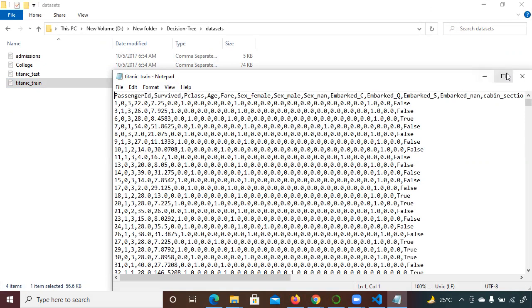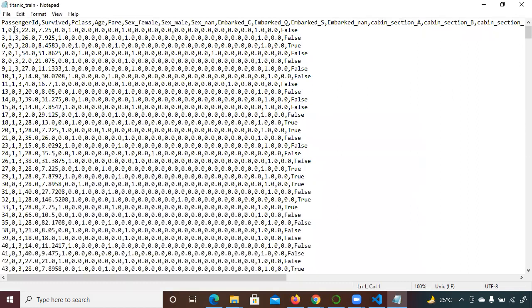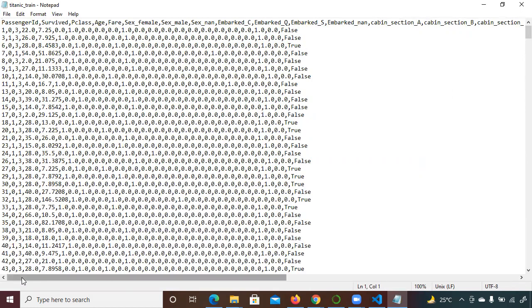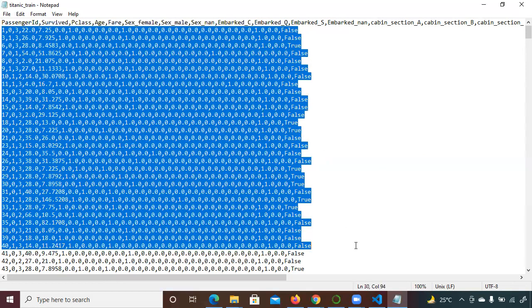So, if you can see here, we have a passenger ID. Then Survive is your target variable. That is, whether the passenger survived. For that we have considered various columns: their age, their gender, whether they are a kid, whether they are male, whether they are female, whether they are from economy class or business class, or which cabin they are in. So these are the different values with respect to that.